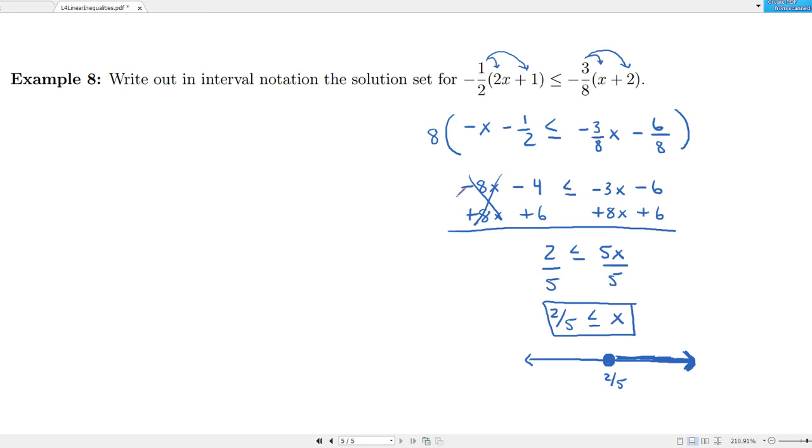again, if you want, you could start this problem by doing this multiplication. So that's sort of our solution 1. And solution 2, we should get the same thing if we were to initially multiply by the lowest common denominator. So instead of distributing first, we could do that. So if I multiply both sides by 8,